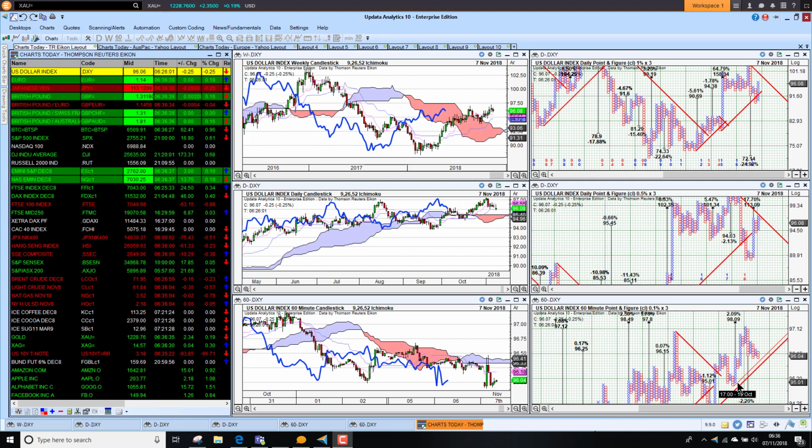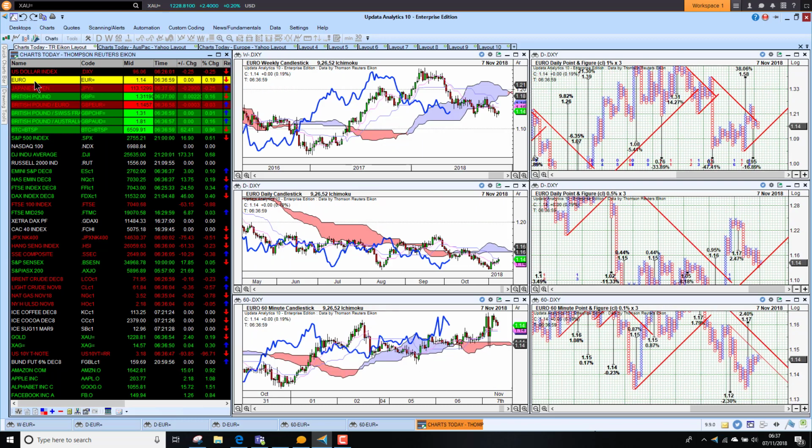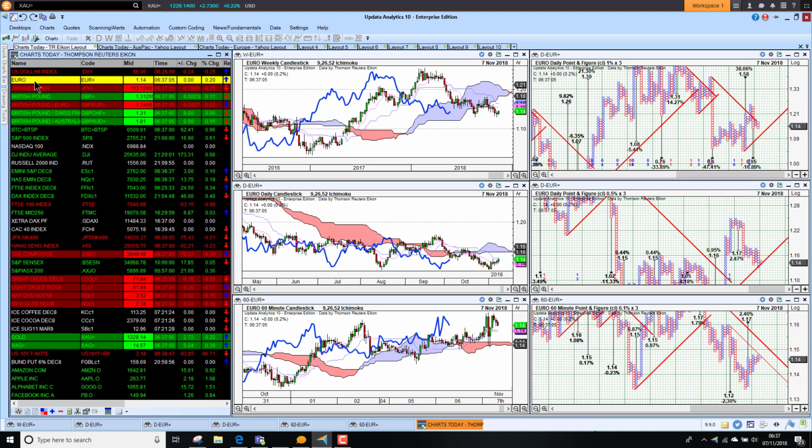So we start by looking at the dollar index sinking lower on the US midterm elections. Some surprises from the Democrats winning the House, but the Republicans holding the Senate. In the end, I don't think it's a big surprise to the market, but we're just seeing a short-term fall in the dollar on the election jitters, if you like. That's strengthened the euro,